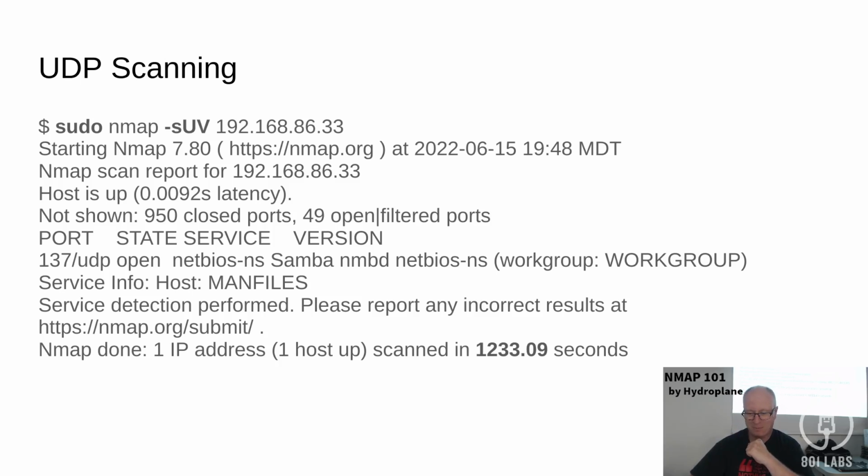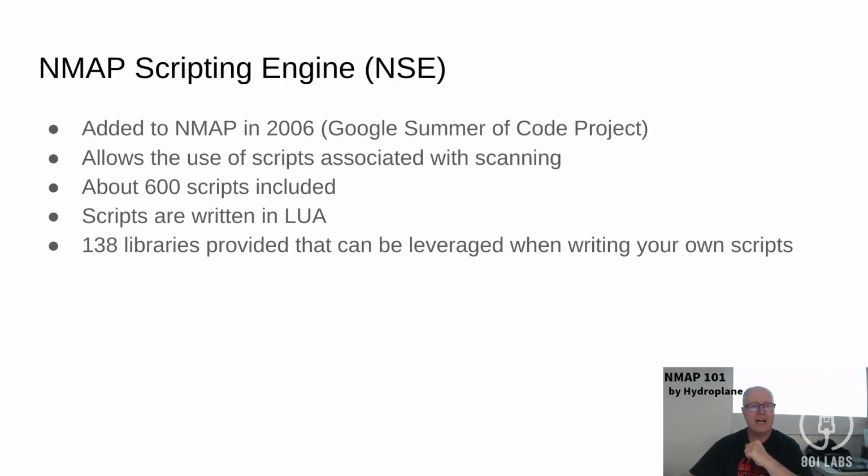Good point. Okay, so let's talk about the Nmap scripting engine. When Nmap started out in the 90s, it did the stuff we just showed you: port scanning, OS detection, host discovery. Then in the middle of the aughts,